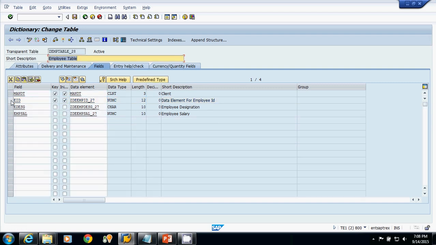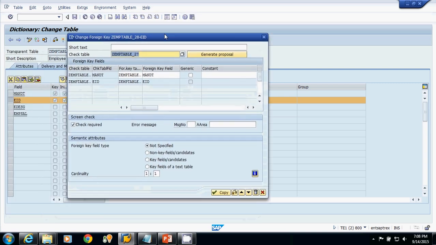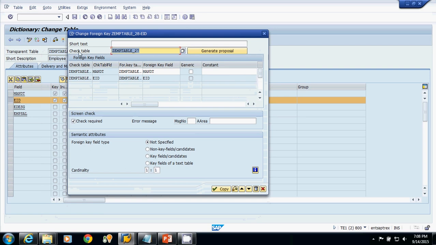If I click on this field name and click on this foreign key button, see, this foreign key table is also called the check table. So in SAP, foreign key table and check table are one and the same thing. Check table checks for the entries at the field level.